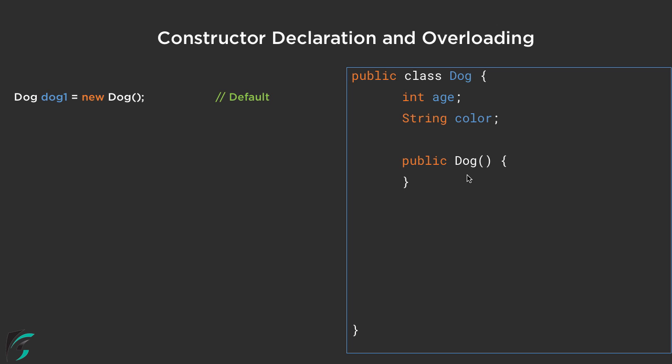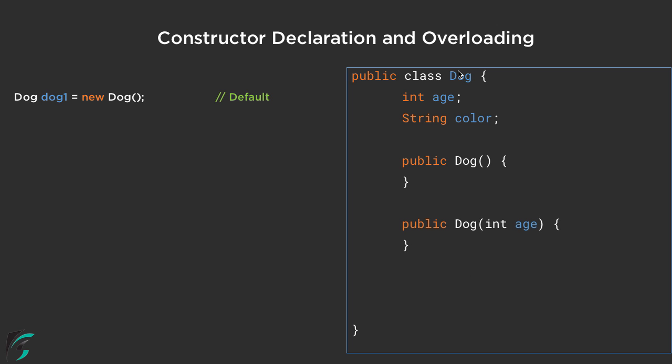Now here you can notice the constructor has no return type, that is it does not return anything: public void, public int, public static and something like that, nothing is present here. So the constructor is just public followed by the constructor name, and the name of the constructor as per the rule should match the class name, that is this Dog. And now next we have the parameterized constructor.